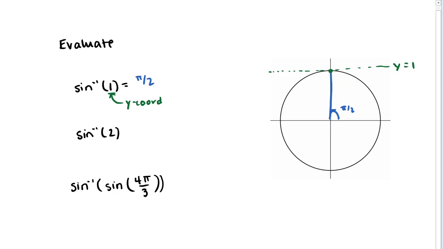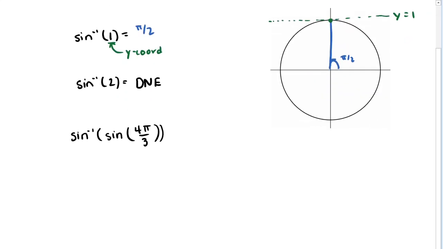What about sine inverse of 2? Well, this is a lot like our previous problem on the last page, when we asked what was sine inverse of pi. Right here, sine inverse of 2, well, there's no angle that's going to give us a y value of 2 on the unit circle. So this is also something that's undefined, does not exist, does not have a reasonable output. And so maybe this might be a good moment to bring up